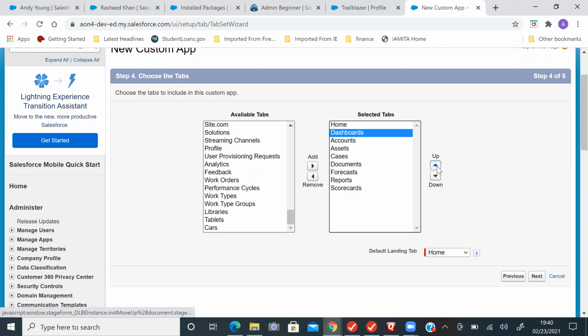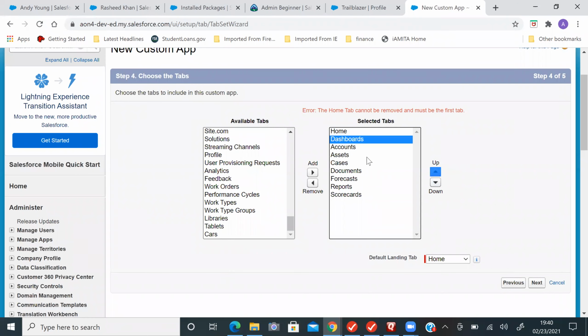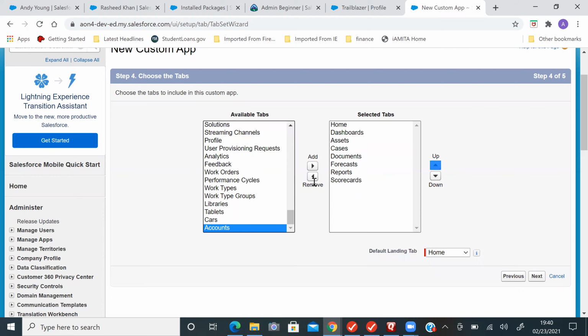You can also remove a tab. These are all the inbuilt customization options given by Salesforce. We don't need to worry about that, and we can scroll up and add or remove the available tabs as a Salesforce admin.